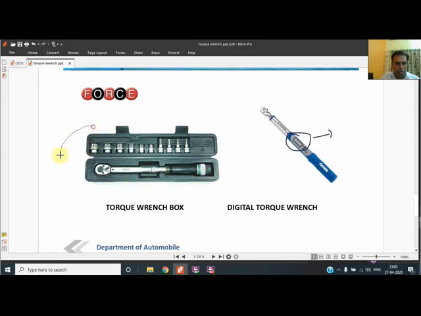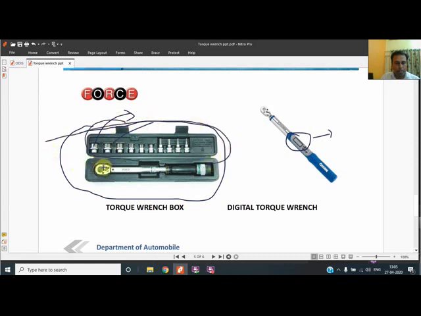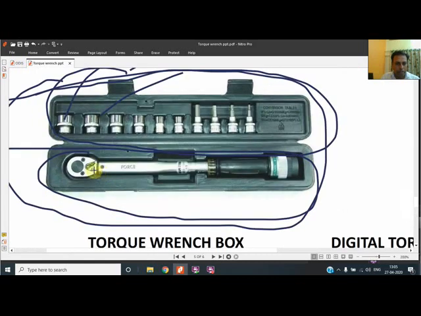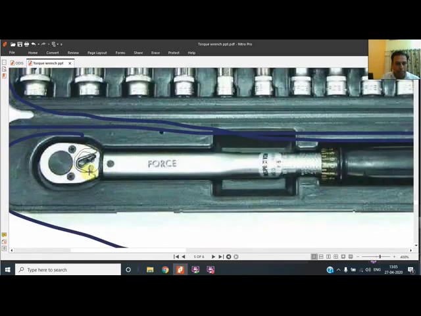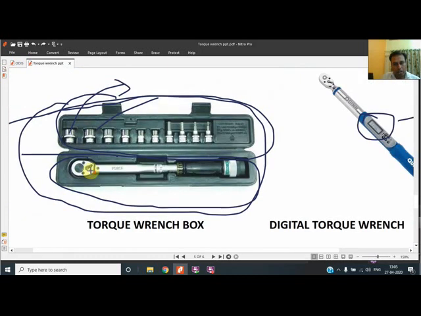And this is the box of the torque wrench which is being shown, because I have told you it is a socket. There are several sockets placed over here. This section is the complete socket section, and this section is a ratchet type torque, because you can see directly over here a ratchet type lever is given, so that motion can be in a particular direction. Means if it is in this direction, then it can move, and we have locked the anti-clockwise direction motion, and if it is in this direction, then the other motion is locked. And this we have to rotate. The rotary motion we have to give to set the torque.